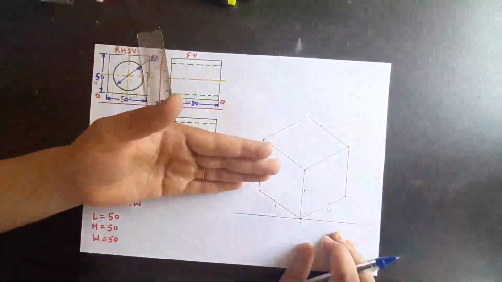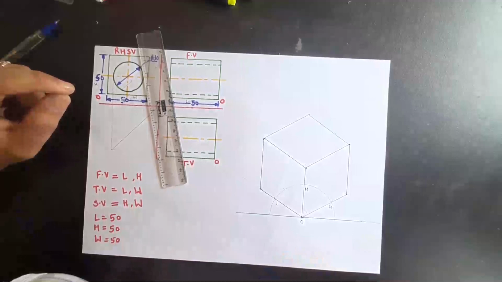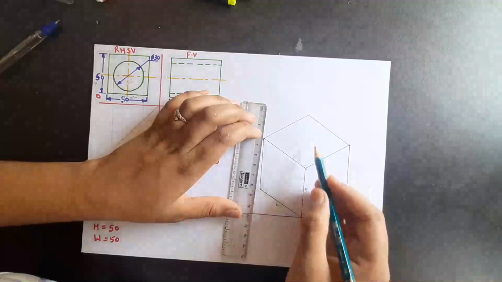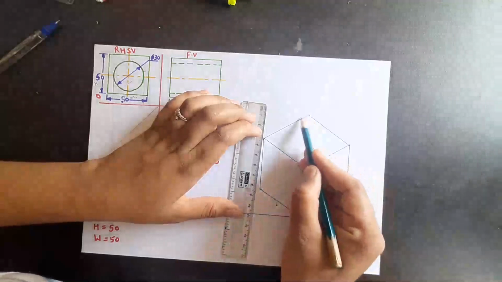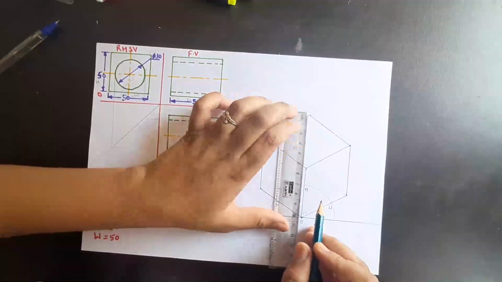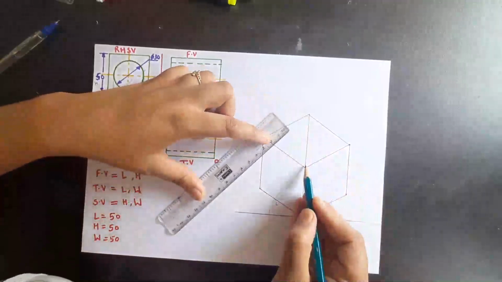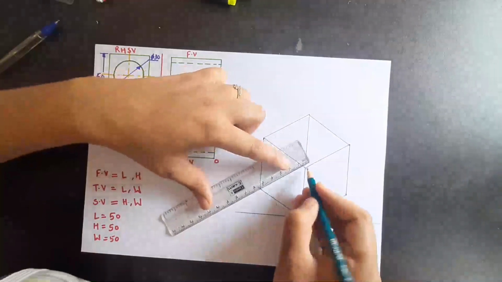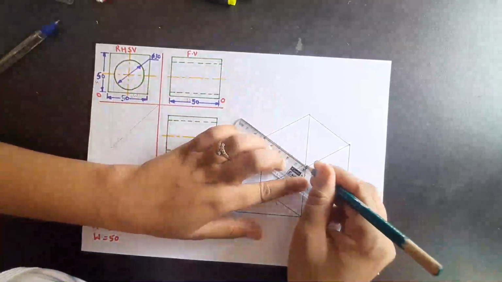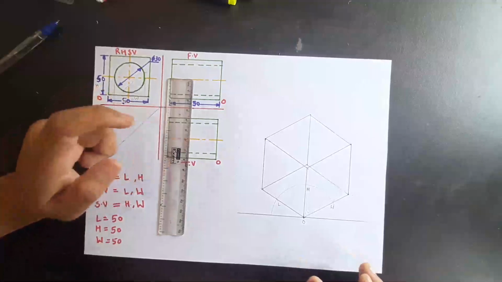There are 3 more faces which are on the back side. To show the faces of the back side, I am using the pencil. What you are supposed to do is the same thing. Take this point. Here you have already drawn the width, here you have drawn the length, so the height is remaining. So draw a height of 50 mm from here and join this point as well as this other point, and you will get the 3 faces directly. So with the pencil you can see there are the 3 faces we have drawn.